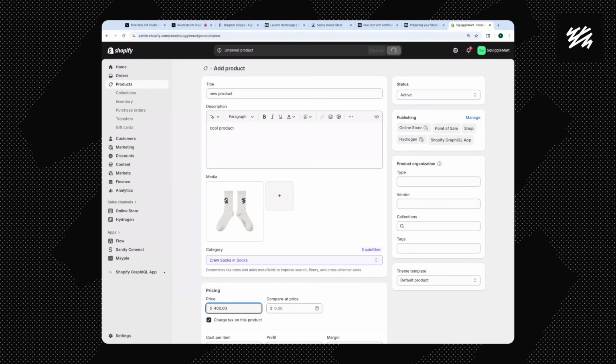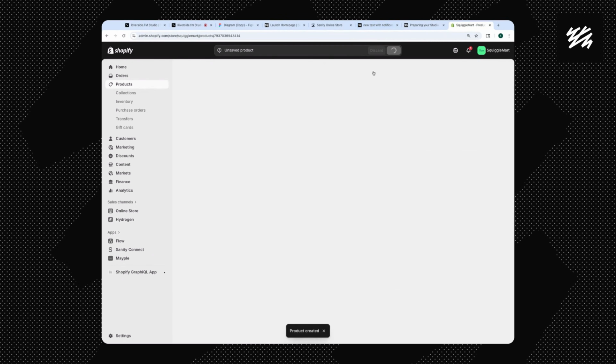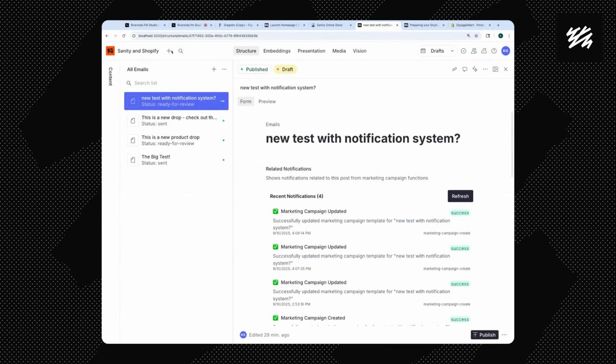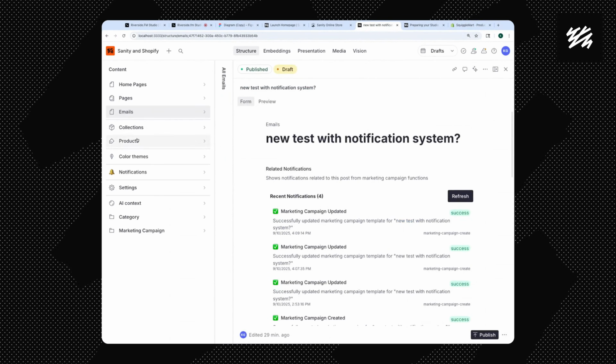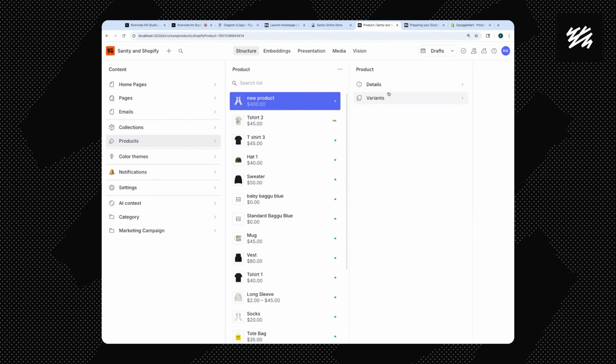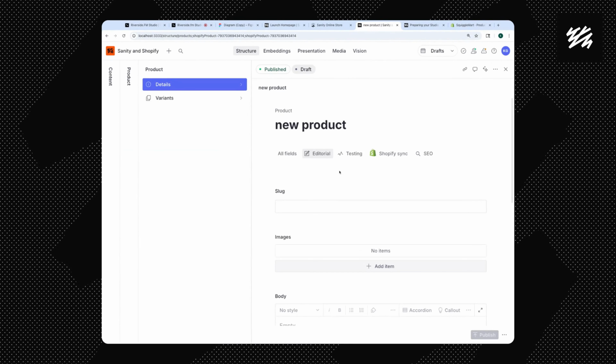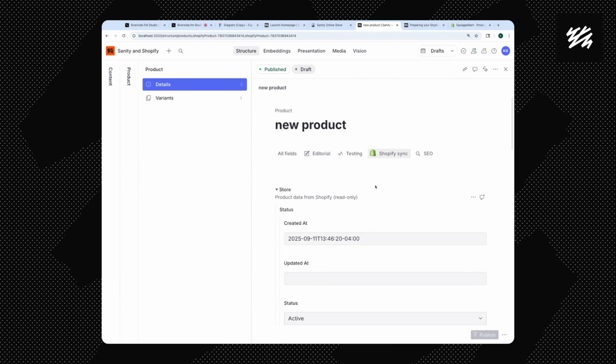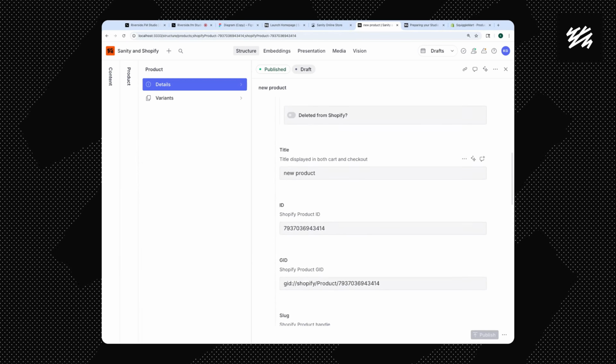And we can hit save. And then if we hop over to our studio, we can go to our products, and you can see that already we have our new product, and it's got this entire Shopify sync column